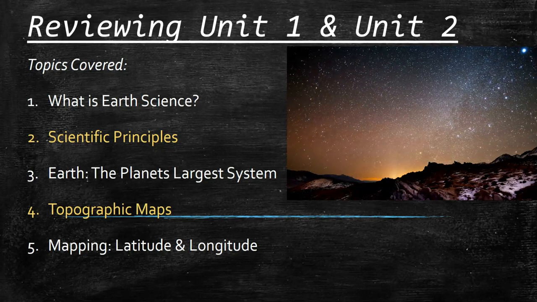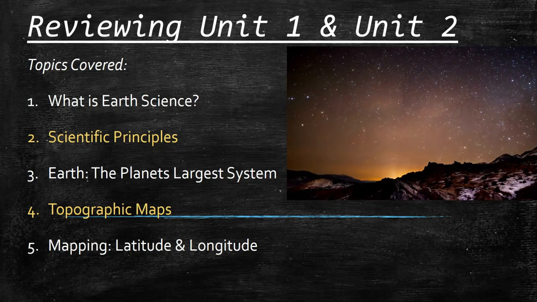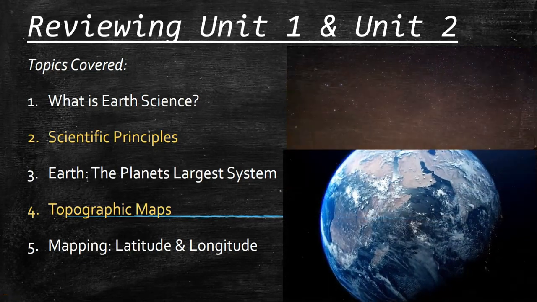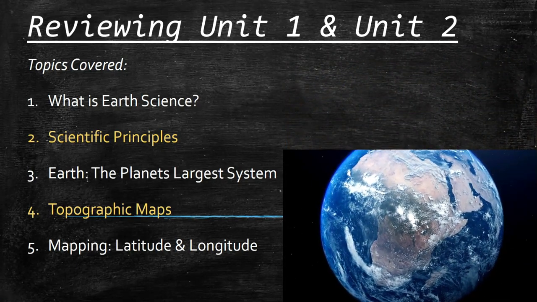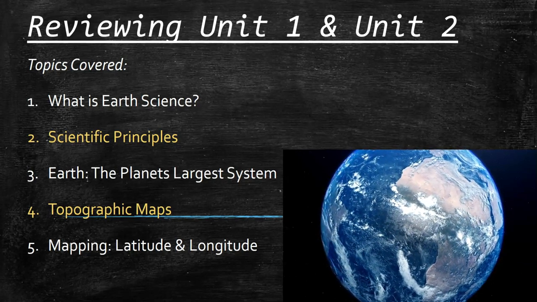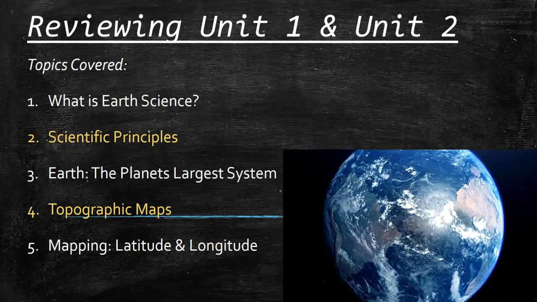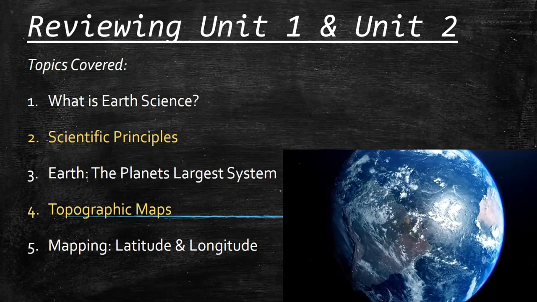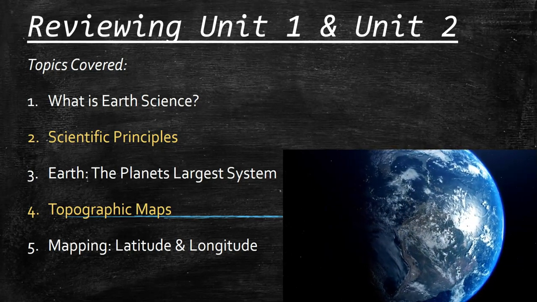And you can use this for general studying or information, or just to get ready for an upcoming test or assessment on these topics. So the 5 units or topics discussed are: what is Earth science as a general introduction; the scientific principles that scientists use to gather information and come to conclusions and analysis and to figure out how things work, especially in Earth science; and then looking at the Earth as a very large system, how it works,